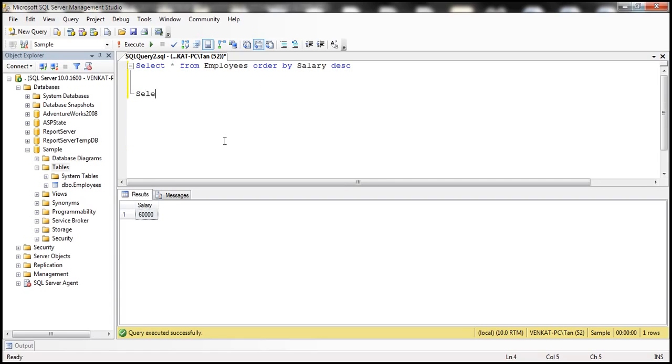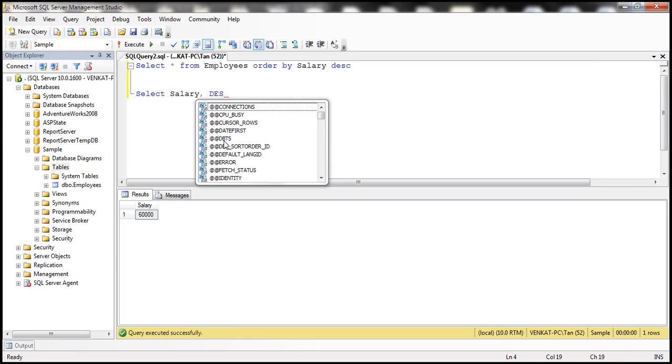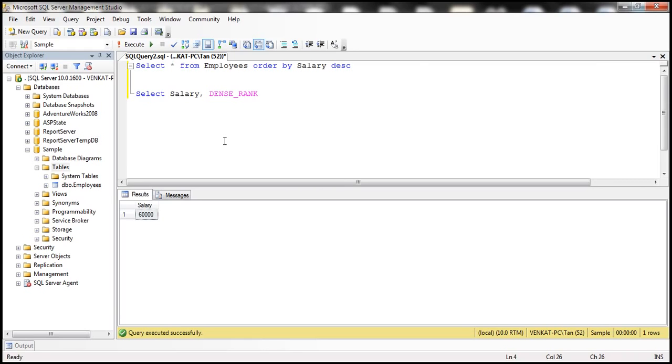So select. Now we are going to select salary, and I'm going to use the DENSE_RANK SQL Server function here. In a bit you'll understand what the DENSE_RANK function is going to do. It's going to rank rows and give a rank to every row. So when we use the DENSE_RANK function, we'll have to specify the result set upon which we want that dense